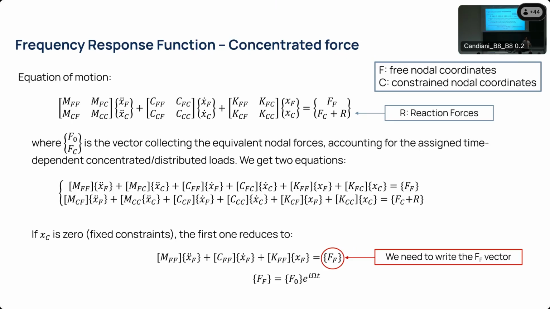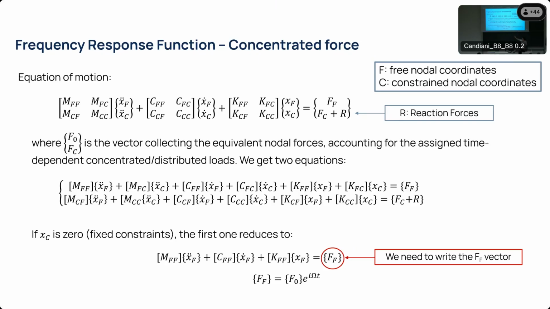So on one side we have the unknowns, which are the free coordinates. On the other side, the unknowns are the reaction forces. We also know that since the displacement, the velocity, and the acceleration of the constraint nodes are always equal to 0, it is possible to remove all the rectangular parts, so KFC as well as CFC as well as MFC. All those matrices are multiplied by vectors which are always equal to 0, so we can just get